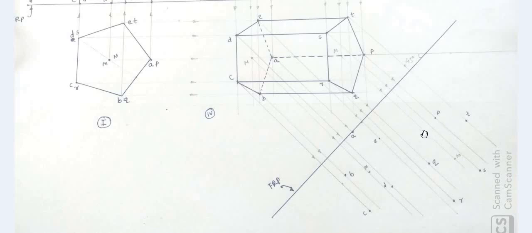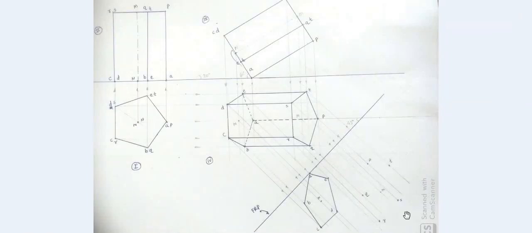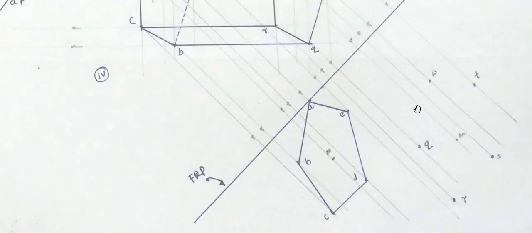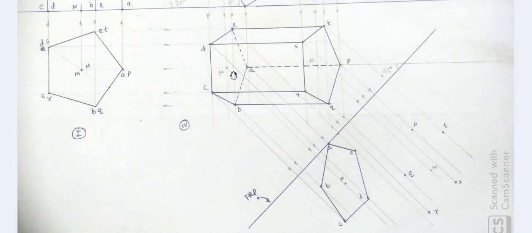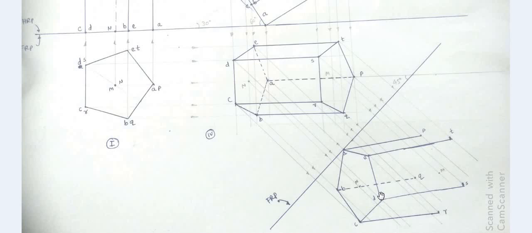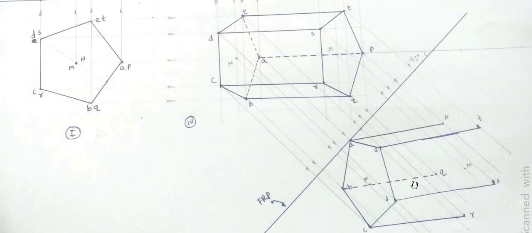then remaining base. And while completing longer edges and remaining base, we follow one property. If it intersects already drawn line, then it is hidden, otherwise it would be continuous. So here, as base ABCDE is farthest from reference line, base ABCDE would be completed first with continuous line, then all longer edges. So if you go for completing longer edges, only BQ is intersecting already drawn line DE. Any other line AP, TE, DS or CR are not intersecting, hence they are continuous.